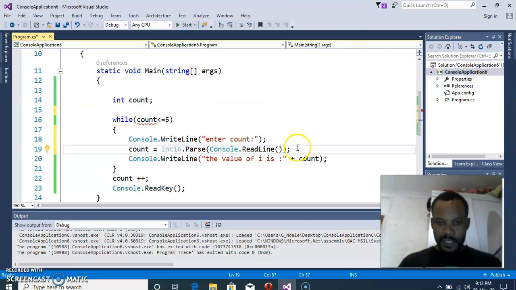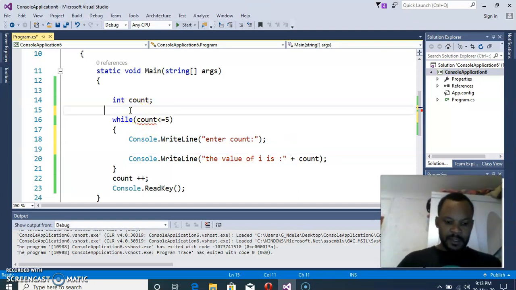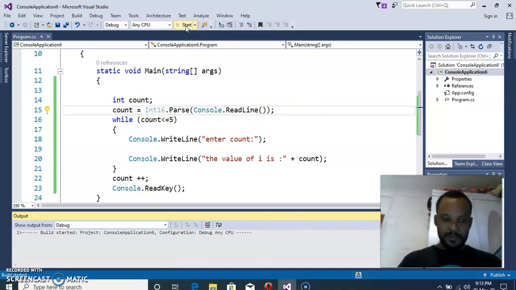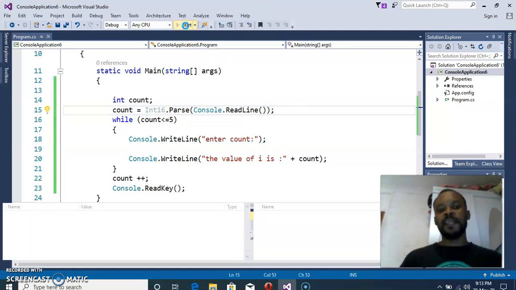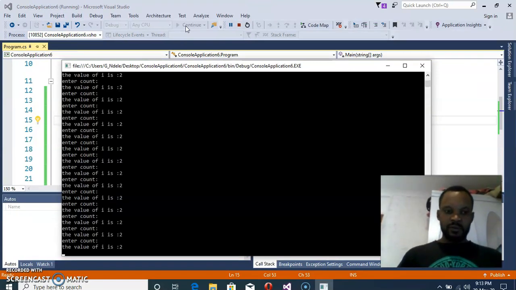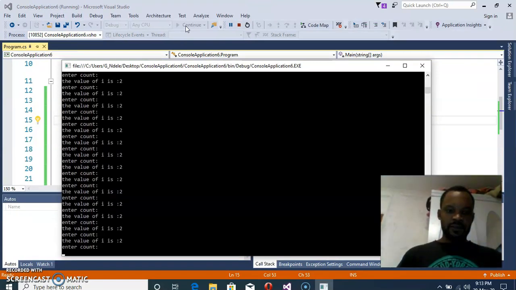So if we put it in here, this one will have a problem because it's not converted. Okay, so that part has to be outside so that the application will understand that we already converted the count variable to integer. Okay, so let's say we put 2. Can you see it's showing 2, 2, 2, 2 is the value, 2 is the value, 2 is the value,